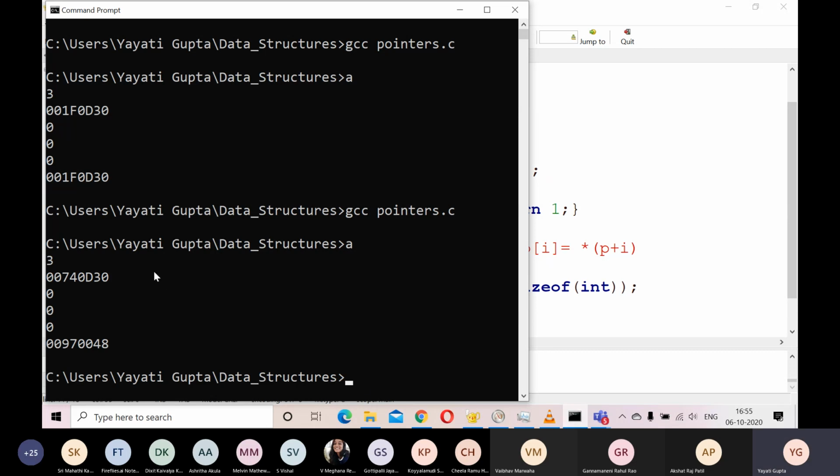If you now see here, these pointers have changed. Initially your memory location which was allocated to P was this, but now when you are trying to allocate space for 20,000 new integers, you couldn't find a contiguous block in your previous memory location. So now your memory location is changed, all your old data is copied to this new memory location, and the address of this new memory location is in Q.